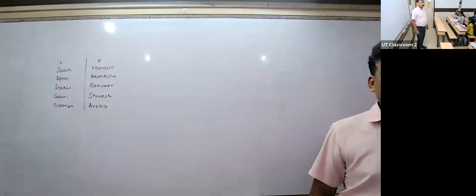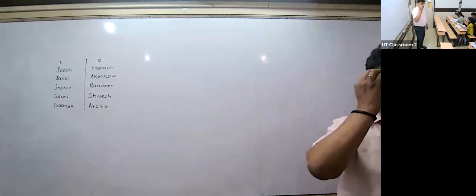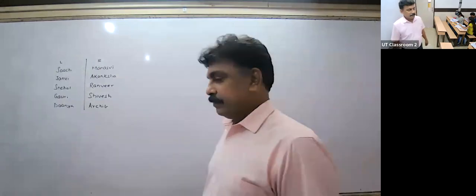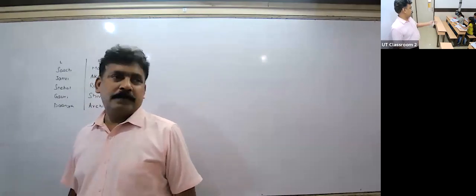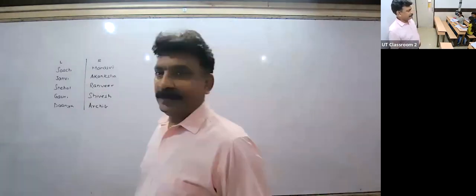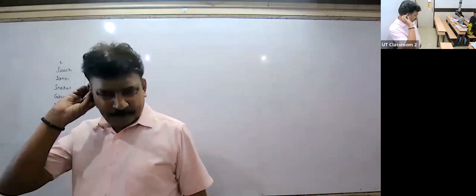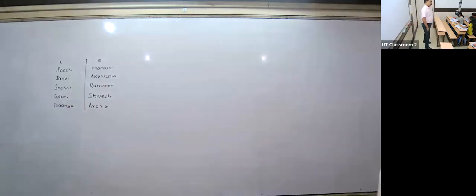Sachi, read. Electricity. Certain chemical reactions proceed in the presence of electricity only. Example, electrolysis of water. Yes. Next, Akansha. H2O dissociation, reverse of synthesis, gives 2H2 plus O2. Yes. Next one. 2NaCl with electricity gives 2Na plus Cl2. Yes. Very good. That is, NaCl will split up into Na plus Cl2.